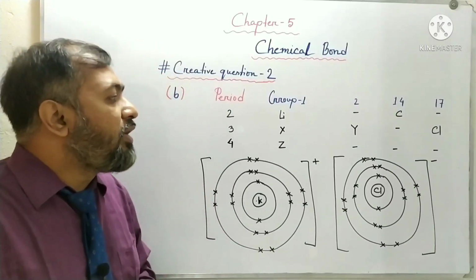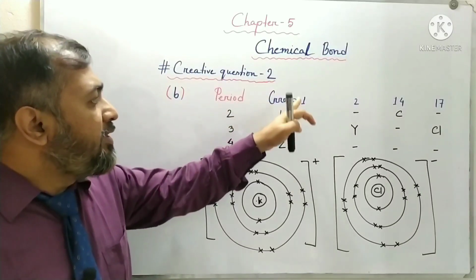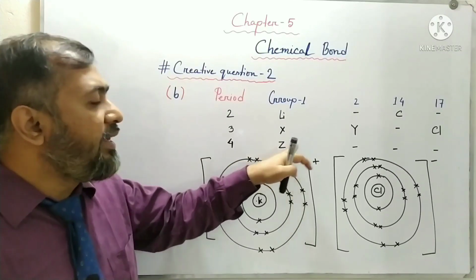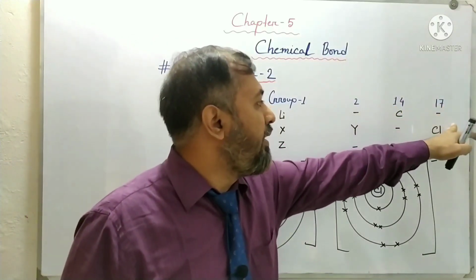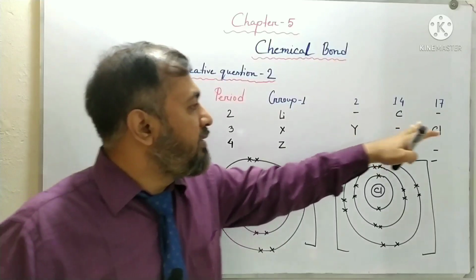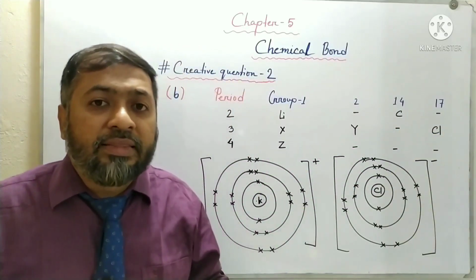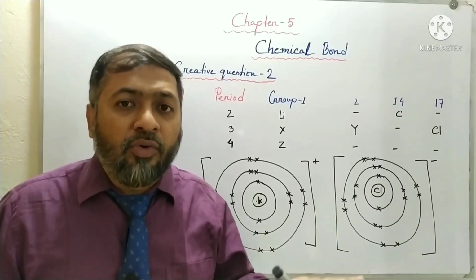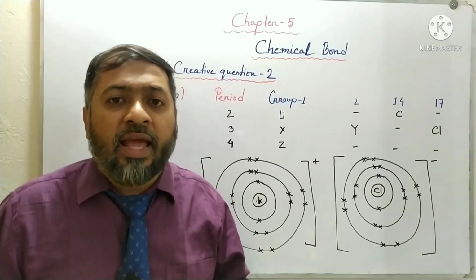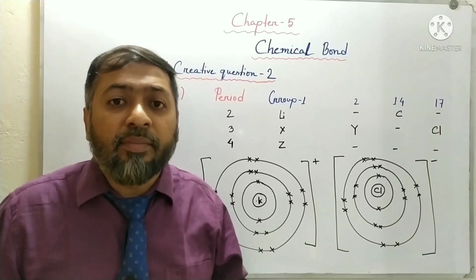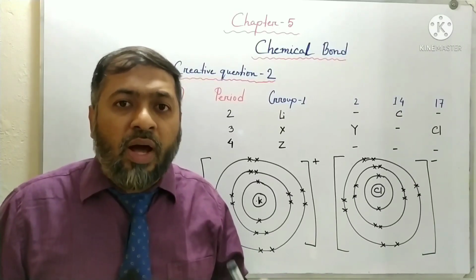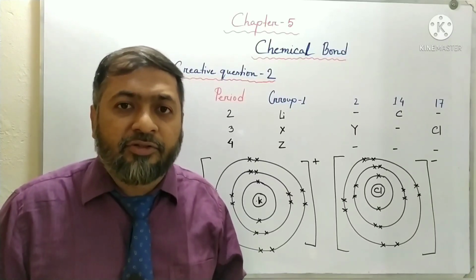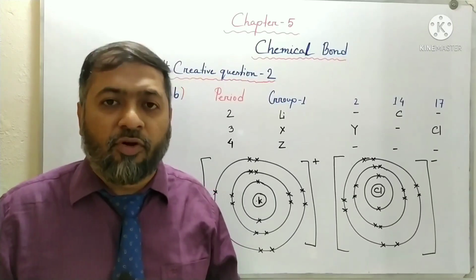So what is the outcome of this? Elements belonging to group 1 are alkali metals, which are strong metals, and elements belonging to group 17 are non-metals. So when metal and non-metal form a chemical bond, that bond must be an ionic bond. And in an ionic bond, the metal donates an electron and becomes positively charged, and the non-metal receives an electron and becomes negatively charged. And these two ions attract each other by electrostatic attraction force, and an ionic bond is formed.